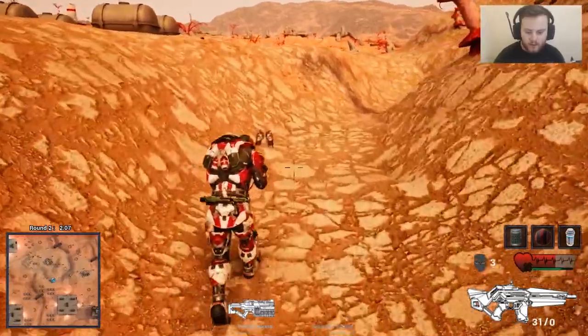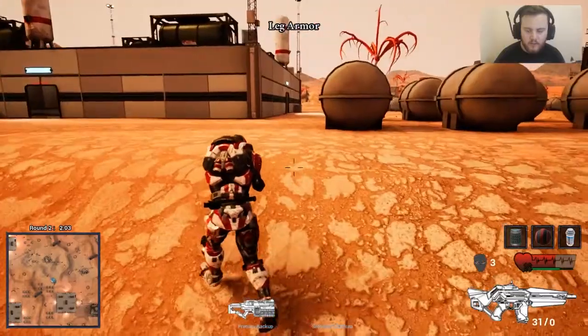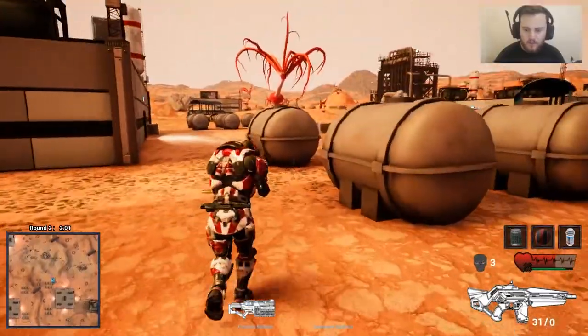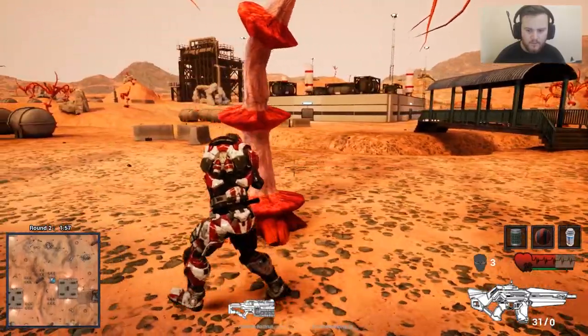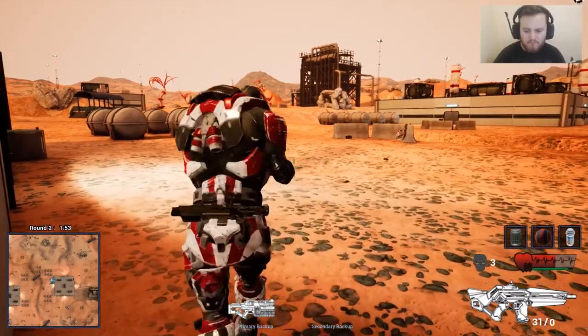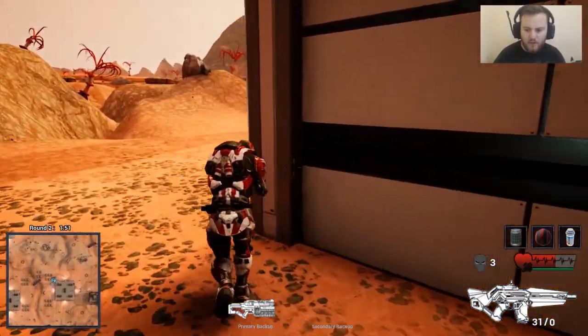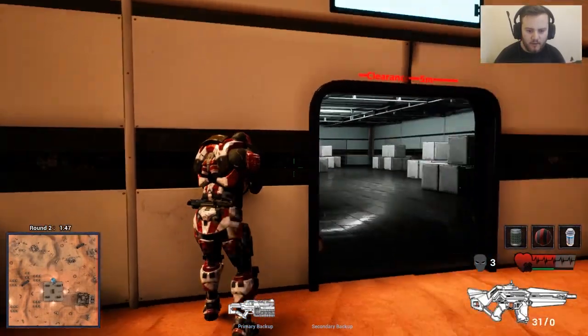Oh, leg armor. We'll take that. Don't know if that increases the armor that I'm already wearing or if it stacks. It was worth a check. Well, let's keep moving and see if we can find any more AI. I'm liking the animations. They flow together quite nicely. They don't just snap to different animations. I like it when games do that, when they actually take...